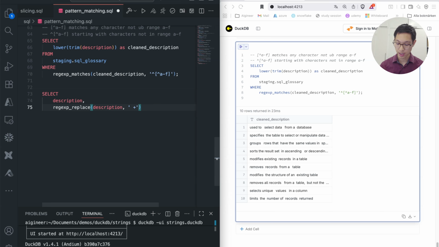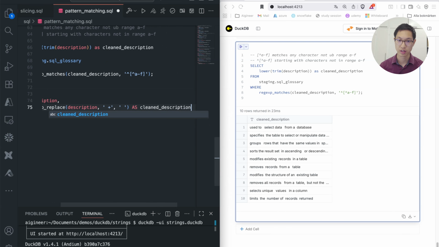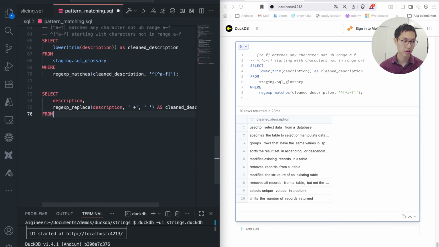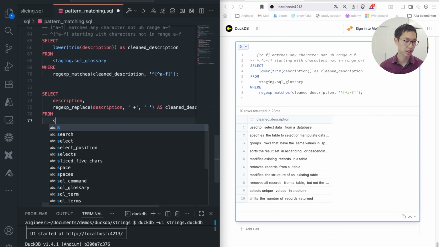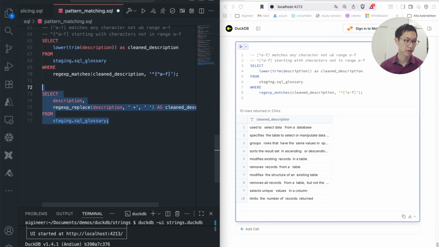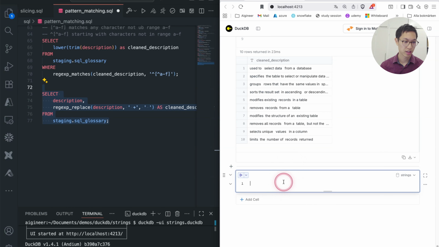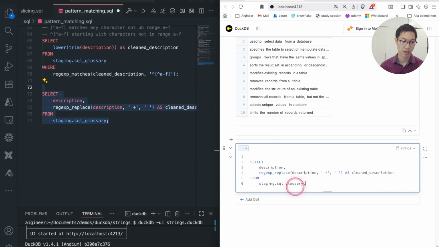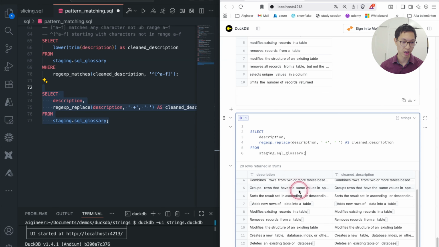Plus means one or more spaces, they shall match with only one space, as cleaned description from staging.sql glossary. I paste this into a new cell and run it, and you can see